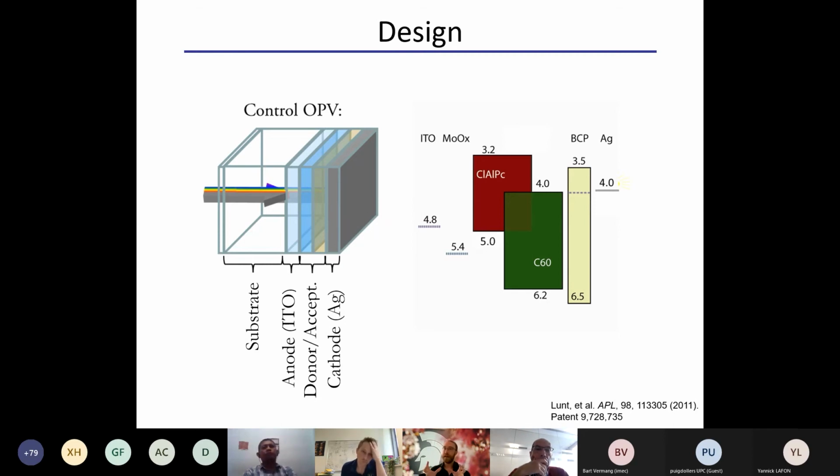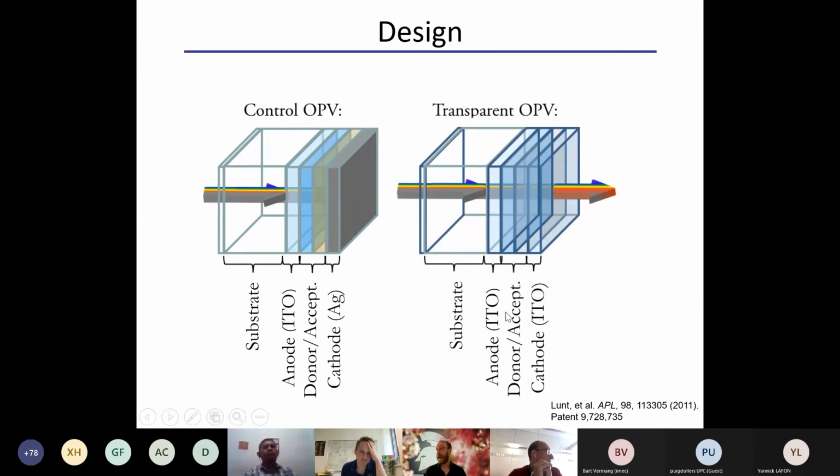So we designed a traditional organic photovoltaic cell where we took the active layer and it's selectively absorbing in the near infrared. And so it seems very simple. Basically, the hard part is already done because we can just take the cell now, put a transparent electrode on it, and we'll basically have a transparent cell. And so we started playing with this design, and there's actually a number of challenges, and it's not nearly as